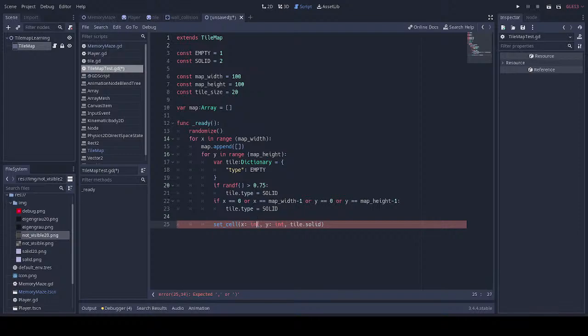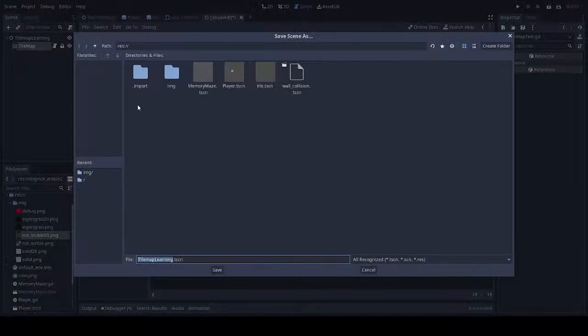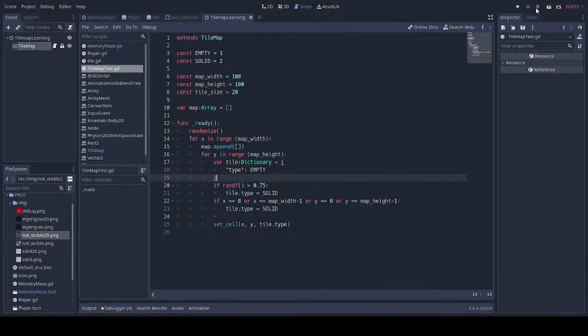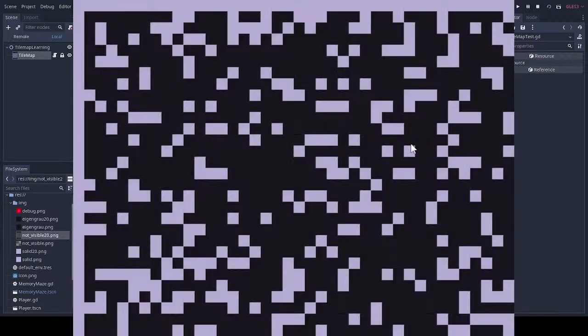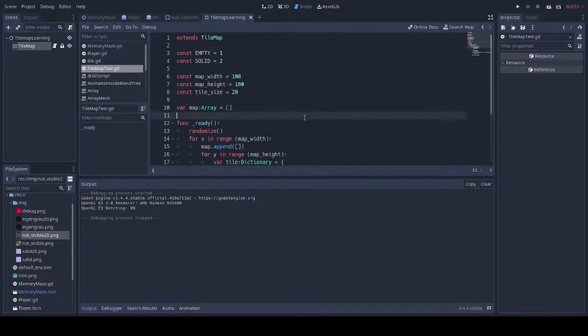And then once the type is set, set cell xy as tile type. I guess. And let's say I run this. Okay. So it's working. That's good, it's working. Alright, so